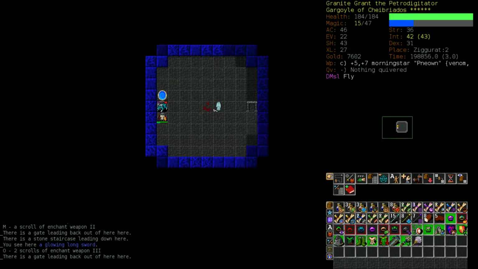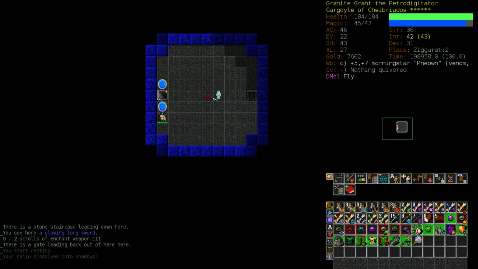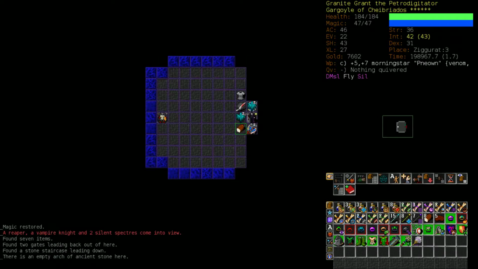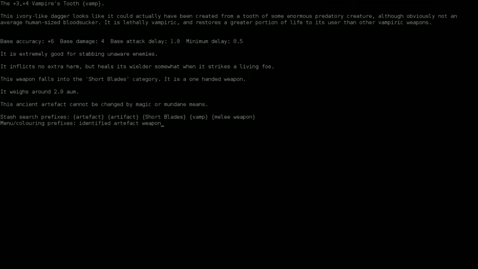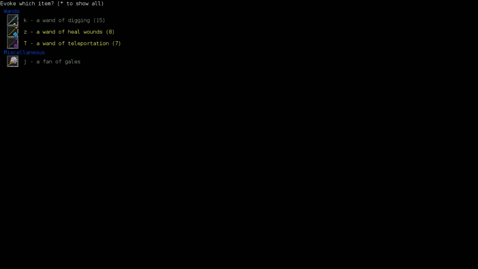Artifact Probe. Some scrolls of enchant weapon. Alright. Still have never found an evening star, so we have nothing to enchant. Ziggurat level 3. Oh. Silence, eh? That's somewhat inconvenient. That's cool looking. Huh. An Unrandart, a unique. Oh, neat. Extra vamp. Oh, I suppose we can't evoke things. Oh, we can't evoke things. Okay, well,